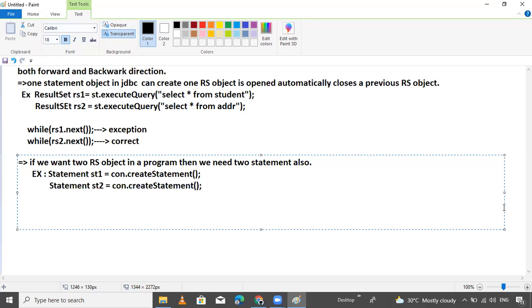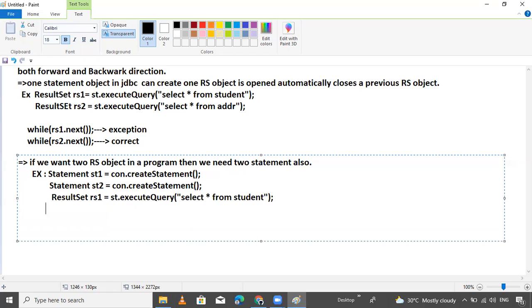Now I want to create the result set objects. ResultSet rs1 equals st1.executeQuery, select star from student.